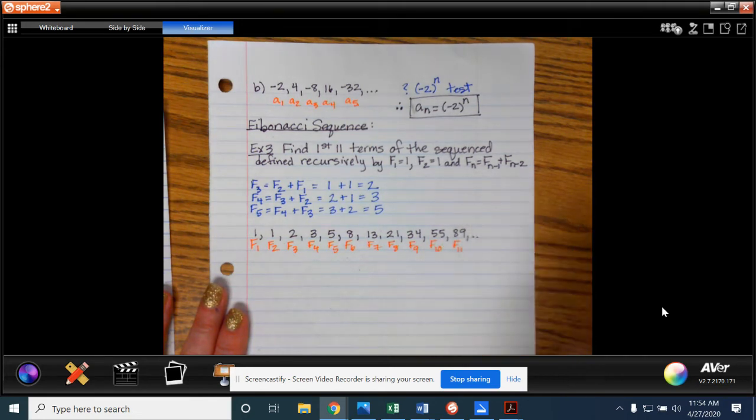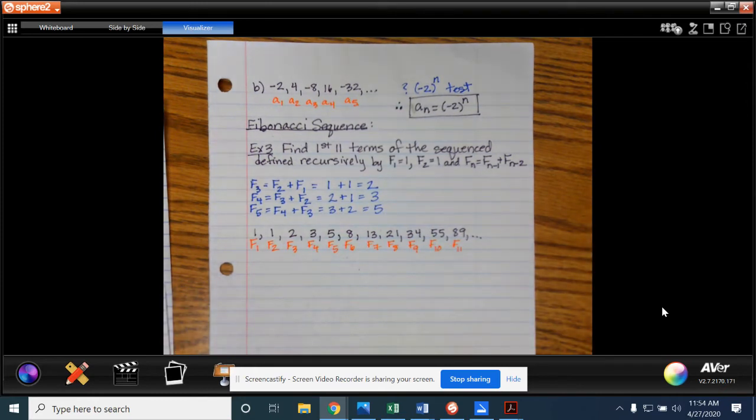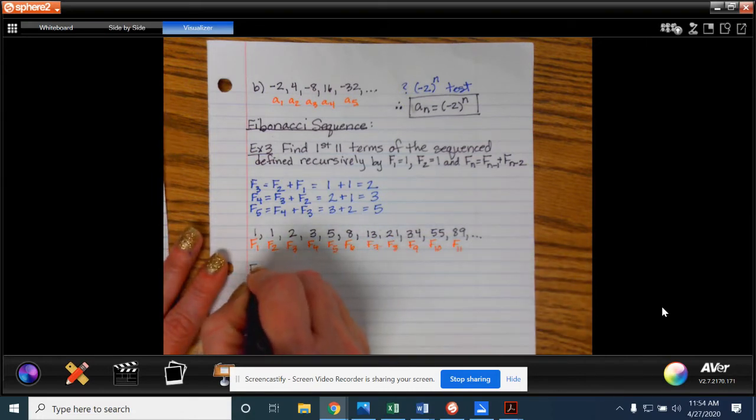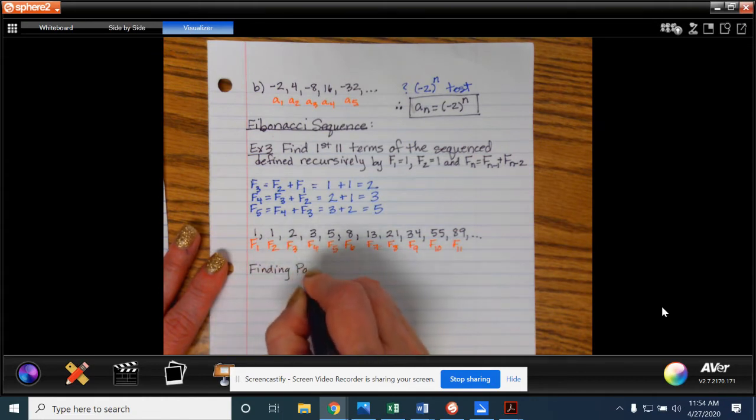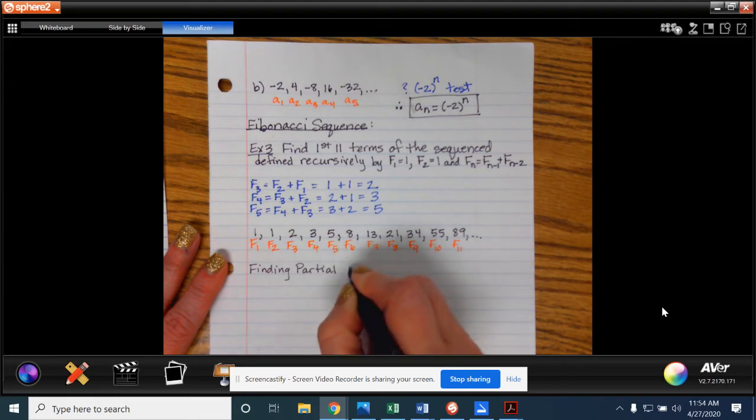And we can go dot, dot, dot, because the sequence continues on. We were able to answer that question. You may want to try a couple of these and make sure that you have them down before you move on. What about finding partial sums